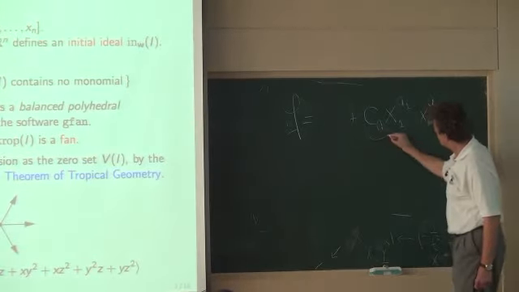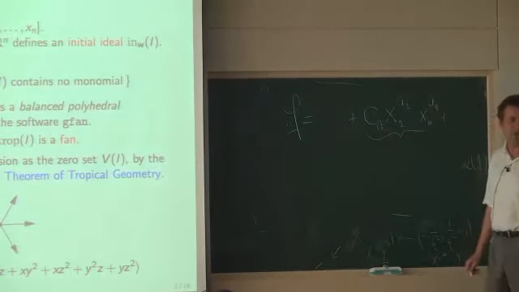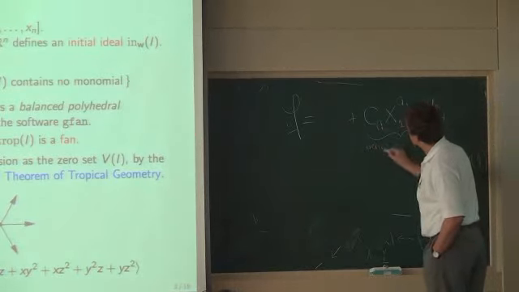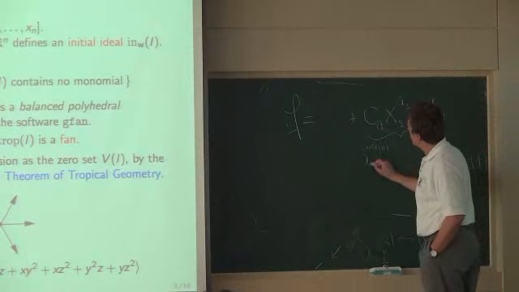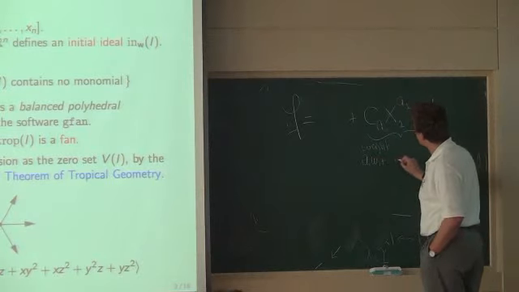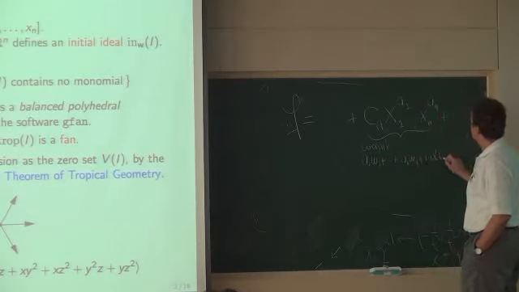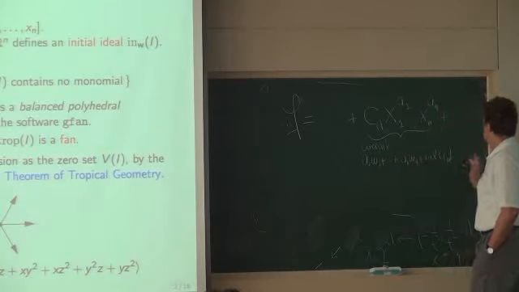So then this one has a weight. So the weight of this monomial is a1 w1 plus up to an wn